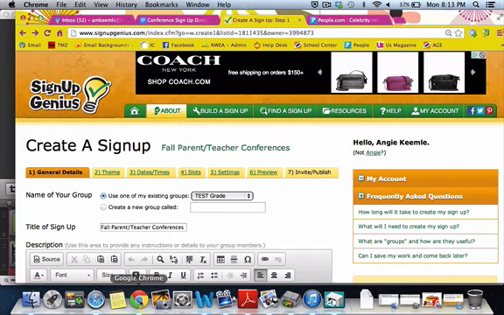These are the directions for how to sign up for Sign Up Genius for parent-teacher conferences for the fall. The first thing that you'll want to do is go to signupgenius.com right up here. If you don't already have an account that you used last year for conferences, I recommend that you make one and use your school email address, as that's the email address parents are going to receive